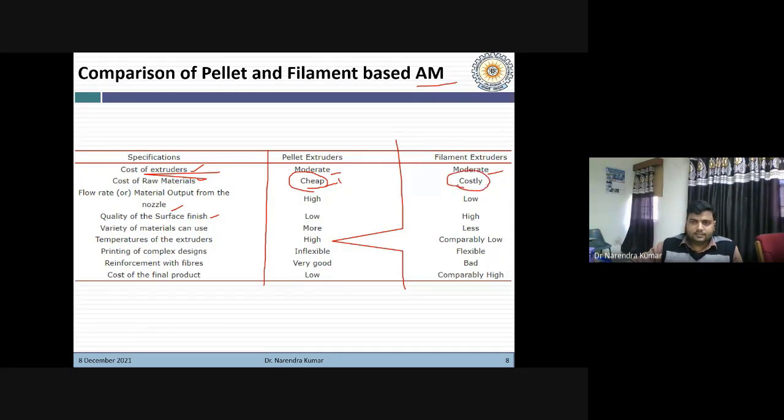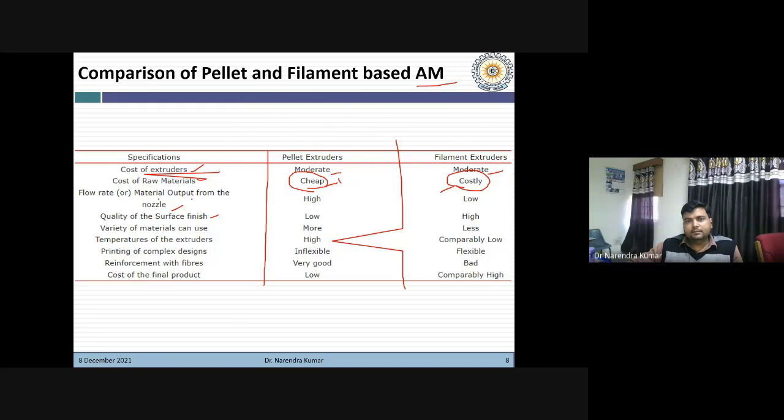Nowadays some companies are providing a 1 kg filament spool for 600 or 700 rupees, but some companies are offering 1 kg filament for 5,000 rupees. It depends on the type of material and type of accuracy. So if you compare the cost of these two, then the pellets are available at cheaper rate.